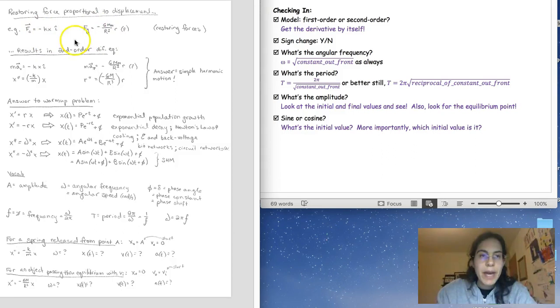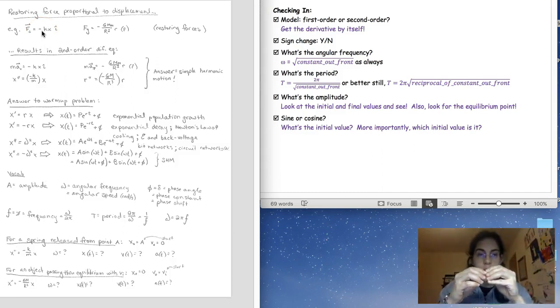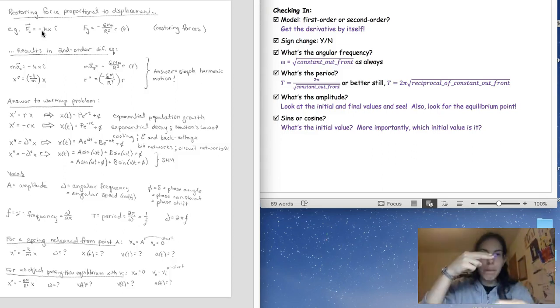Note that both of them have one major thing in common. It's not the geometry. Hooke's law is one-dimensional. Gravitational field is radial. It's the negative sign, restoring force. If you pull a spring left, it pulls you right. If you are above the center of mass of the planet, it pulls you down. If you're below, it pulls you up. These are restoring forces. And if we set them up as differential equations, we'll notice that the solution should have